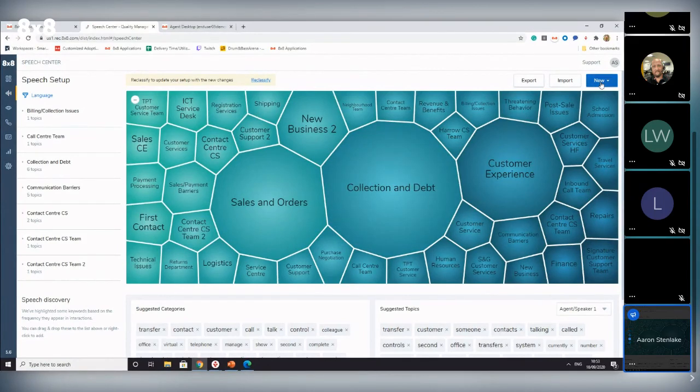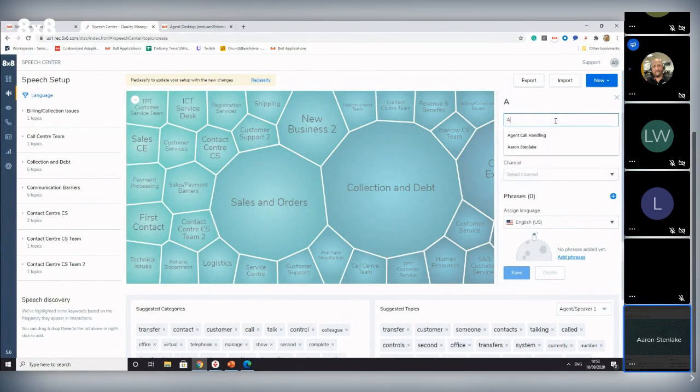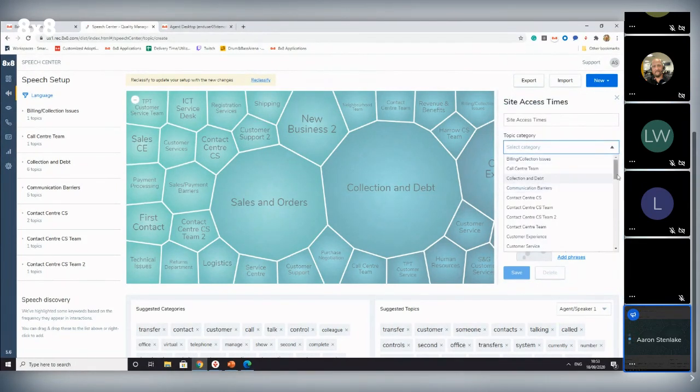So if we go to new again and we go topic, what type of topic in terms of your phrases are you looking to track on your agents? Best access times. So yeah, access times. Site access times, actually. Yep. And then the topic category, this is basically where you're going to be filing it under your newly created category. So this is where